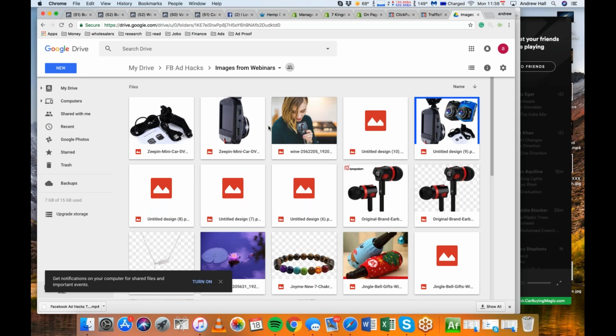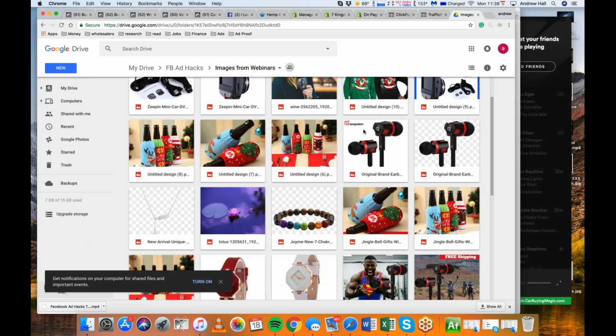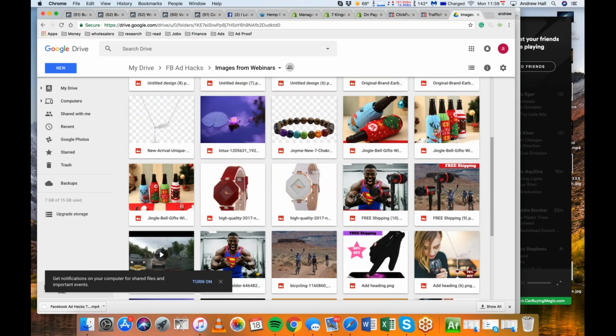But so this is the headphone. This was a product that I wanted to launch. Well, it's hard to market just headphones because who doesn't need headphones? Honestly, almost everyone is going to use headphones. It's a very wide audience. But what I can do is take these headphones, put them with the guy in the gym, and market it to bodybuilders. Then I can take these headphones, put them with people that mountain bike, and then market to them. And this is how you segment your audiences based off image creation or based off your ad.